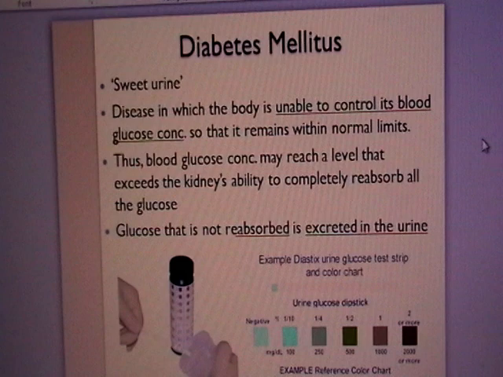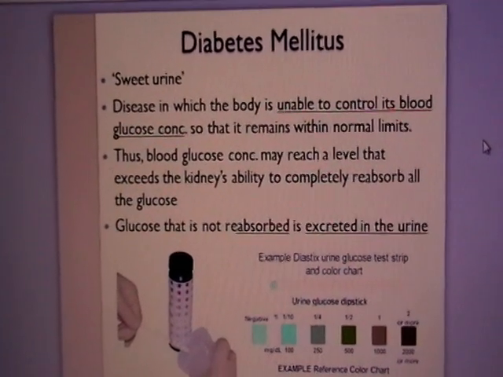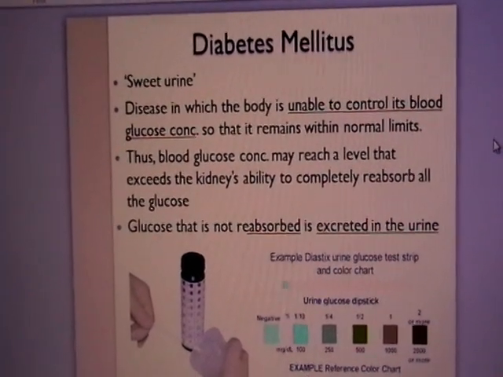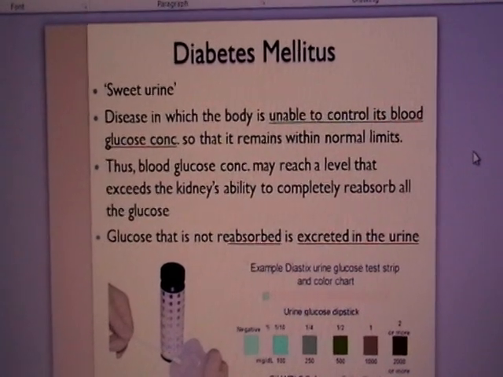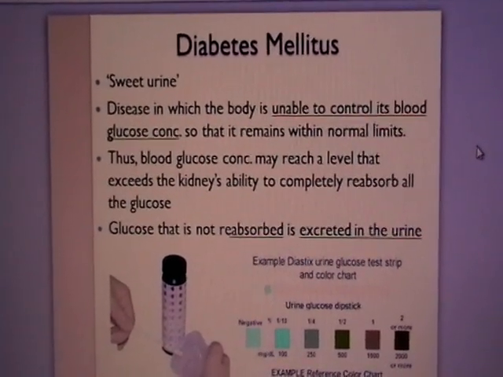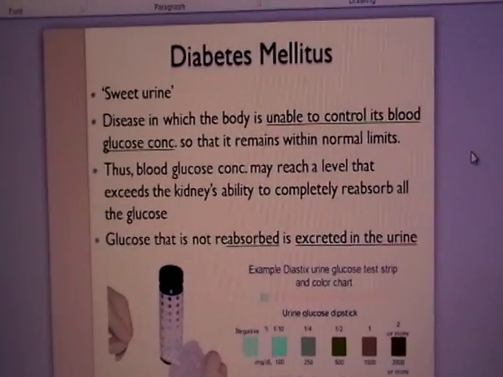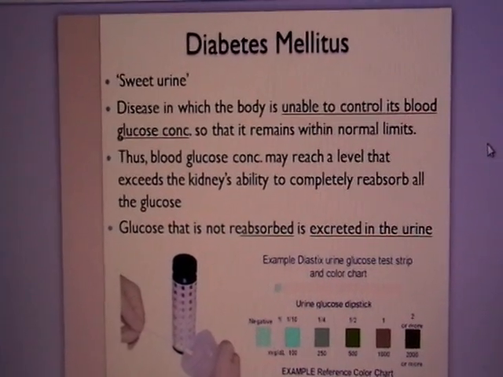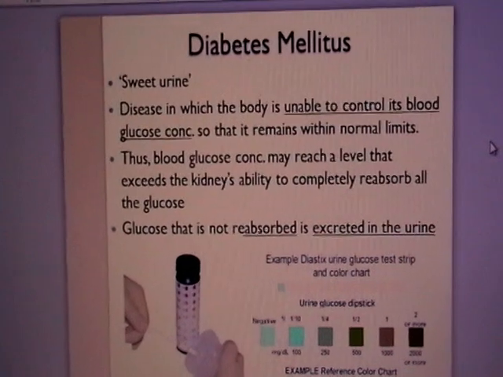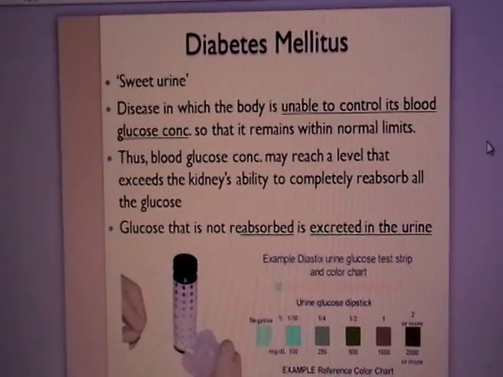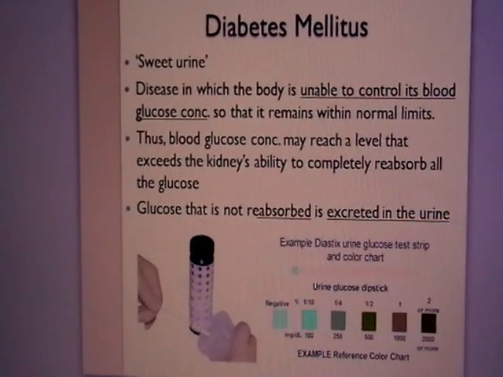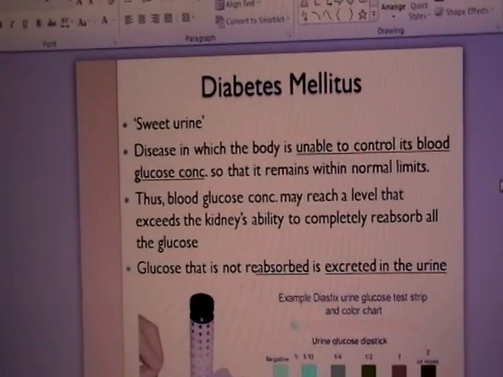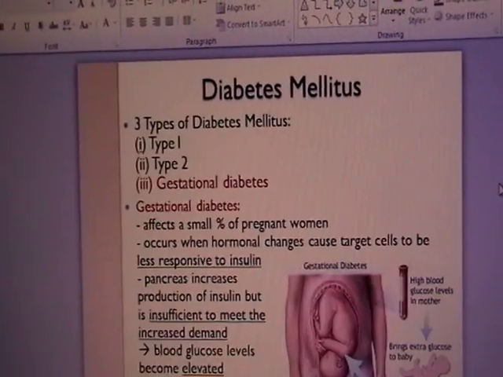In diabetic patients, they are unable to control their blood glucose concentration, so it will always remain high. The extra glucose found in the blood will be transported to the kidney. Remember, in the kidney there will be selective reabsorption of glucose. However, due to the large amount of glucose in the blood, selective reabsorption in the kidney cannot completely perform its role. That is why some of the glucose which is not reabsorbed will be excreted in the urine, and therefore the condition of diabetes mellitus.